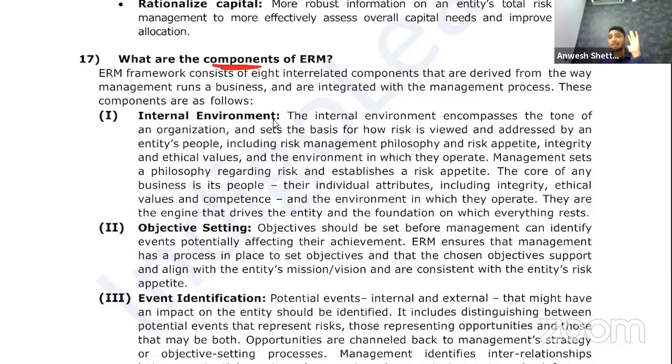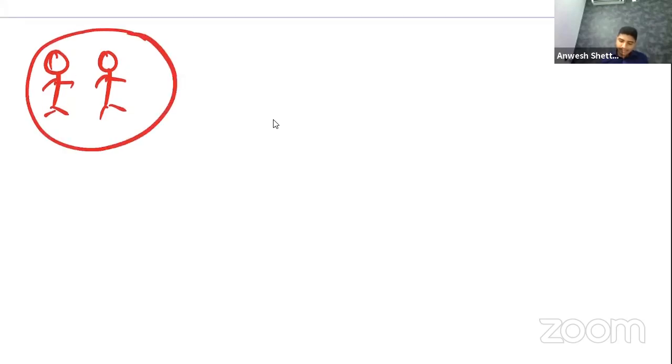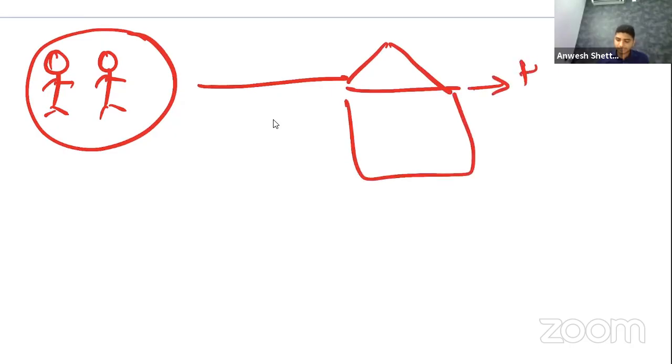First, let us understand what we even mean by ERM by taking one example. The example goes this way. Let us say 2 doctors came together, and they decided to open one super specialty hospital. Super specialty hospital is what they wanted to open. Now, even after they opened this hospital,